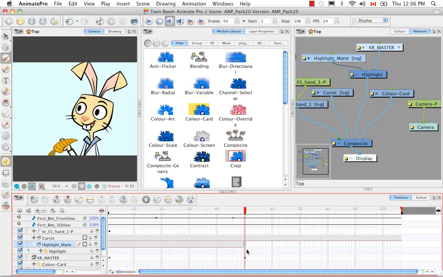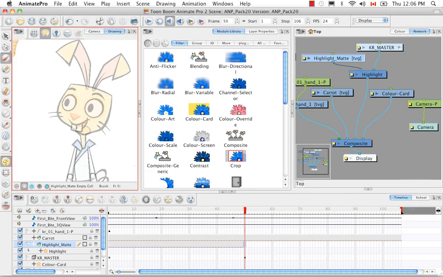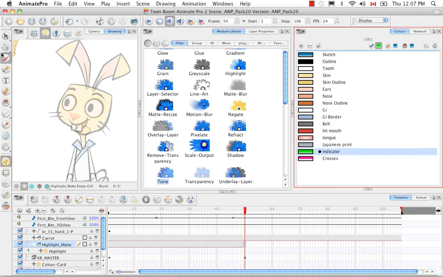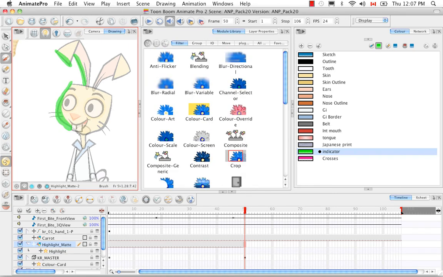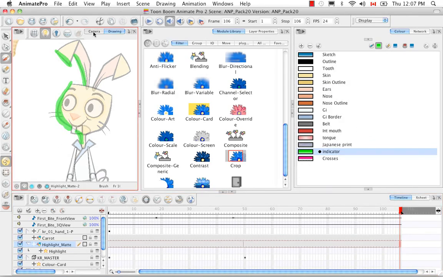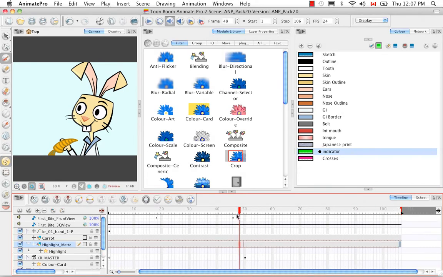And since we're here, let's make the second matte for the head change. So we're doing this in a little bit of a different order, but it's exactly the same thing. So we have our indicator color, our brush is selected, we're doing the highlight, so it looks something like this. And we're going to extend our exposure like that. We go back to the camera view and now we see that where the Karate Rabbit changes its head,